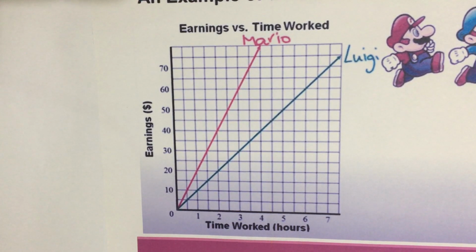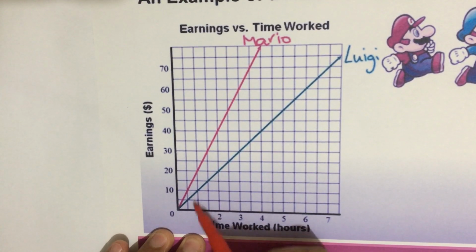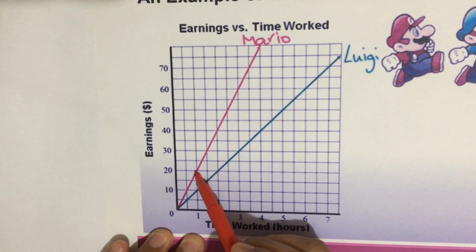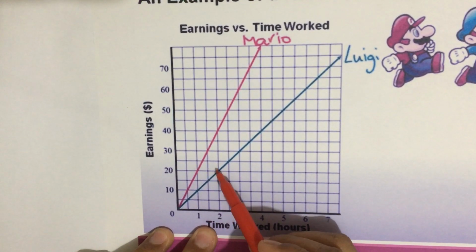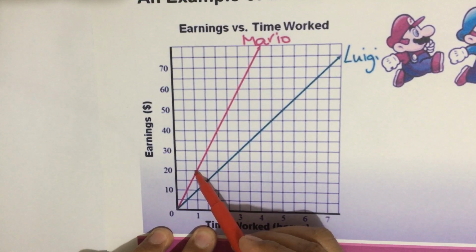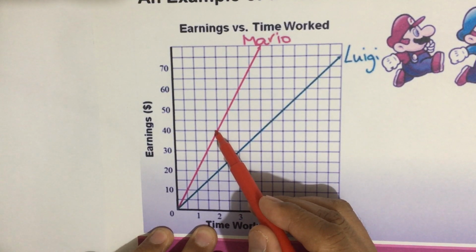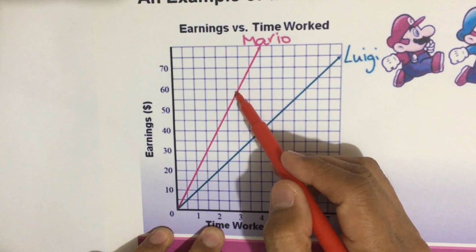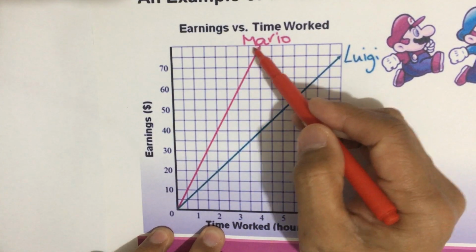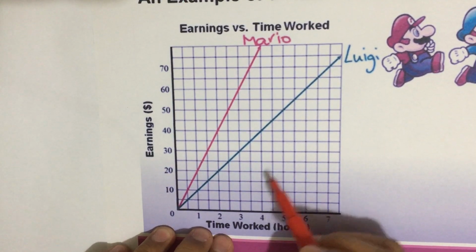So if you look at Mario's earning, we can see here that at half of an hour, he earned already $10. Or if we look at the first hour of Mario's work, he earns $20, right? And as you move to the second hour, Mario already earned this much for 2 hours. He earned already $40. Or for 3 hours, he earns 60. For 4 hours, he earns $80. All right. Now, if you look at Luigi,